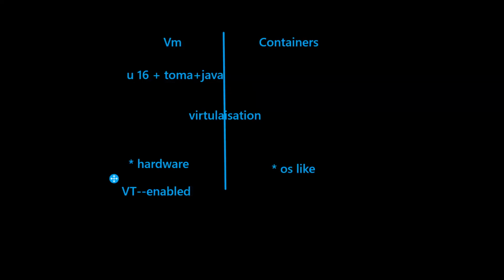But in the case of containers, you don't need this option. You don't need any support from the hardware to launch or manage your application in the container. Here, virtualization is happening at the OS level. What is meant by virtualization at the OS level? We'll understand in a few minutes with the architecture. Just understand, yes, virtualization is done at the OS level in containers, and this is called containerization. Virtualization happening at the OS level is called containerization.